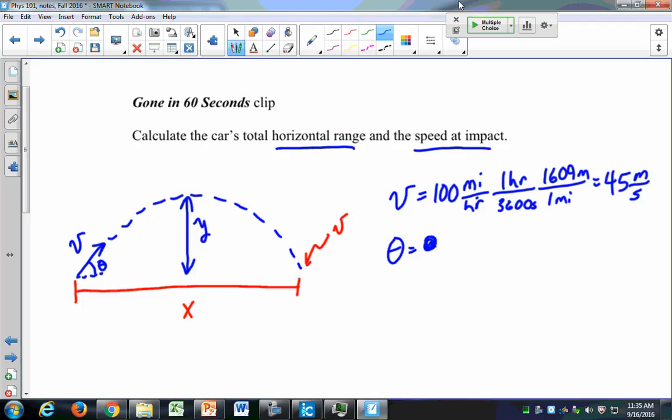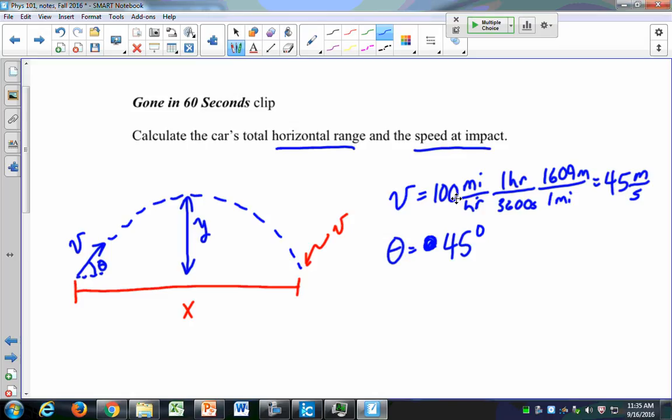Let's say it's 45 degrees, because that gives us what? Maximum range, yeah. So let's go with 45 degrees. It looks to be about 45 degrees, though a 45-degree ramp is a big ramp. That's a big incline. But let's say that it is 45 degrees, and then we'll revisit it. And now I just want to know, what is his range, what is his height, and what is the speed